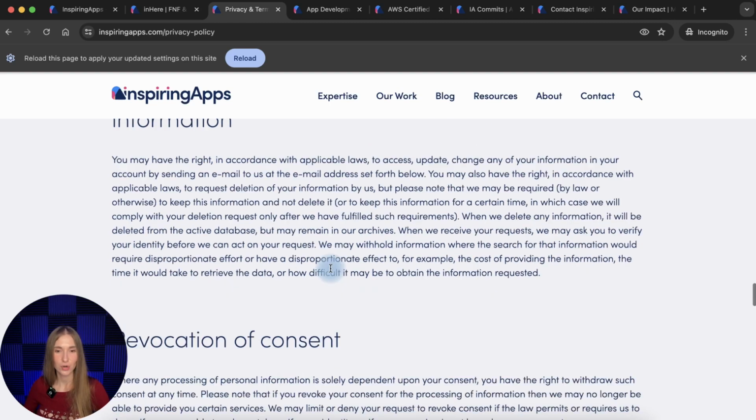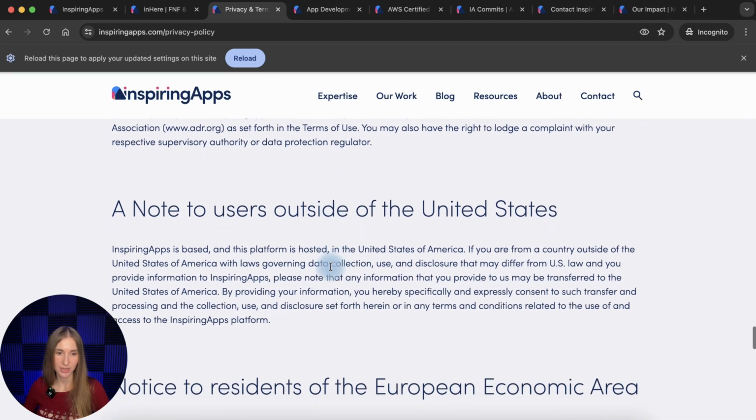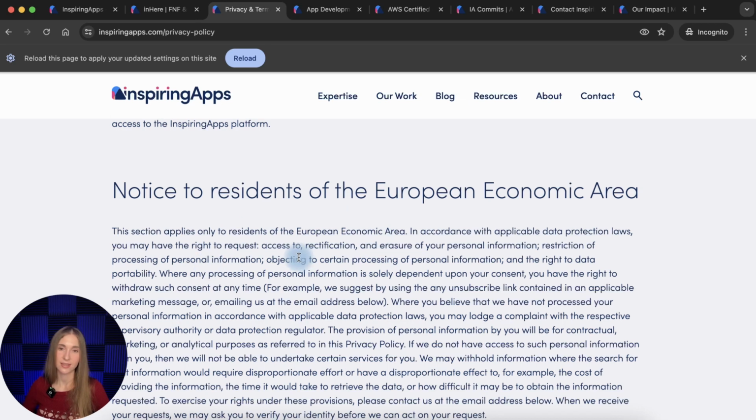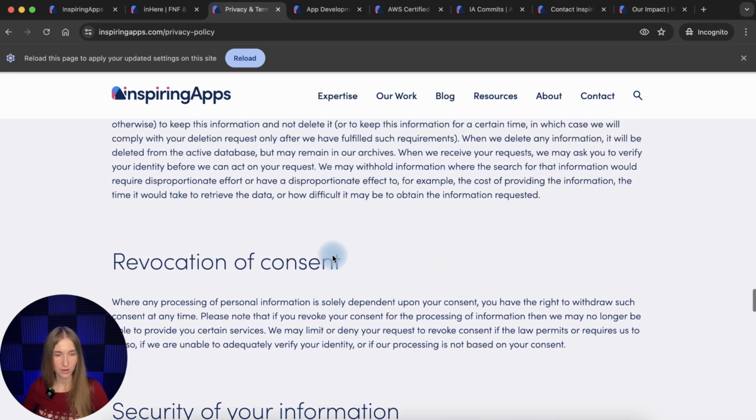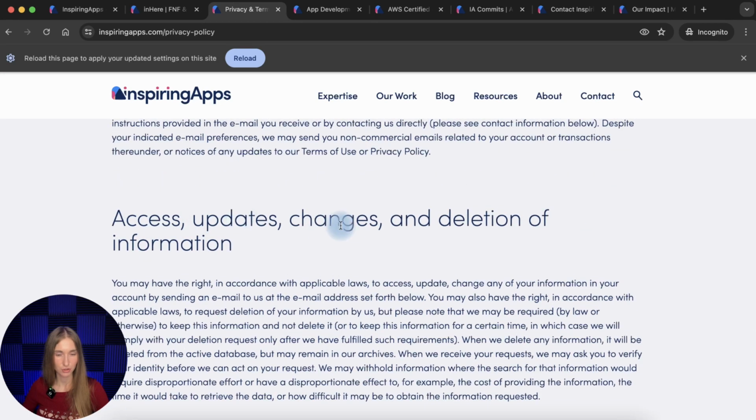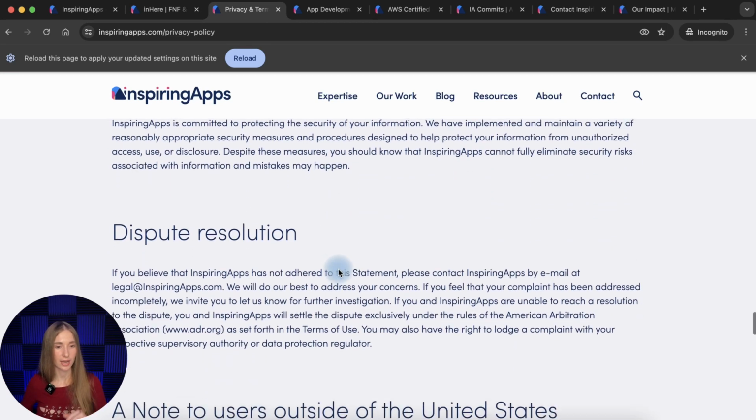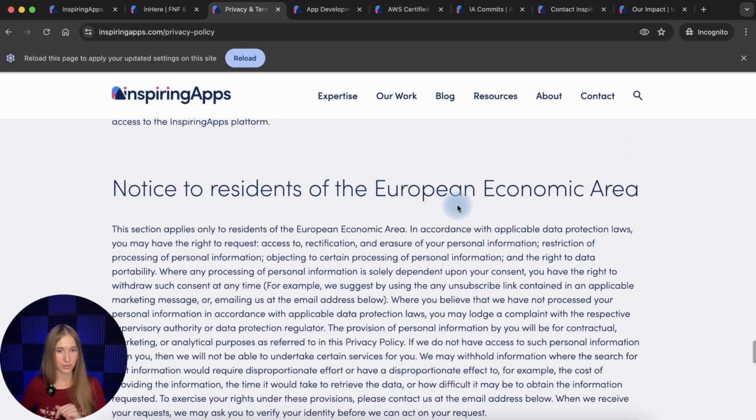So how can we interpret this? It's actually not the best practice, but as I understand, the point right here is that you need to interpret this section in combination with the previous one. So except for the rights that we saw above, access, updates, changes, and deletion, we also add the information about European Economic Area residents. But I would suggest just adding all types of scope of privacy rights in the sections without this